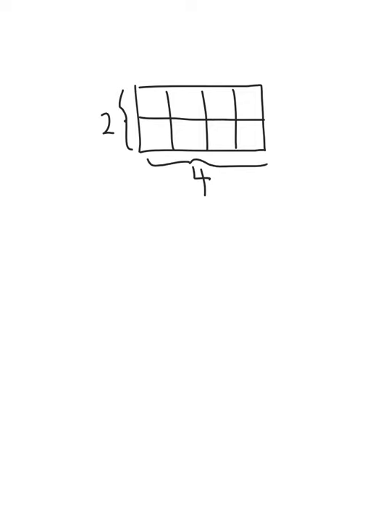If you've got a rectangle here, and the rectangle is 2 by 4, then what 2 by 4 means is that you've got 2 rows, because you've got 2 squares there, and you've got 4 columns. That's a 4 by 2 rectangle, and the area is the number of these 1 by 1 squares that